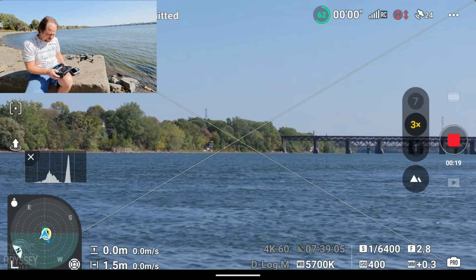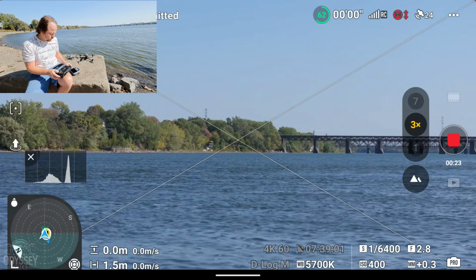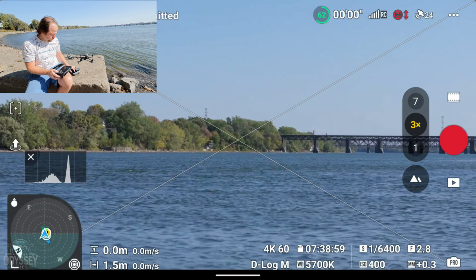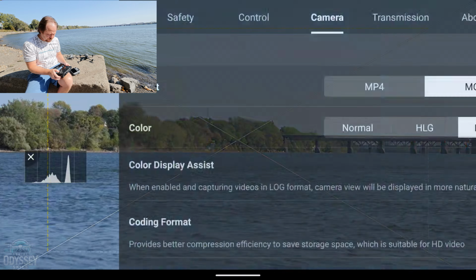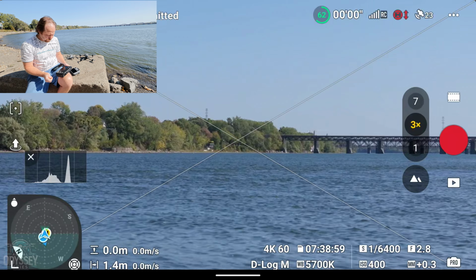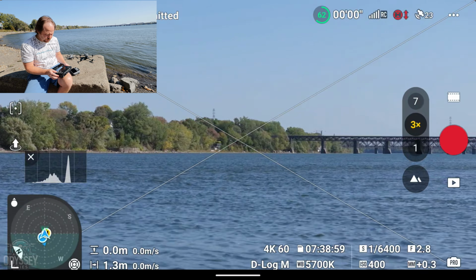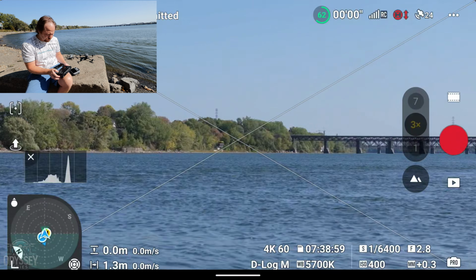Okay, we have both. So now this is in D-Log M. It doesn't have D-Log, so let me stop shooting here. Let me just cross-check if it's actually in D-Log. Yes, it is. And the last thing that we will do, we will actually switch to 7x zoom on